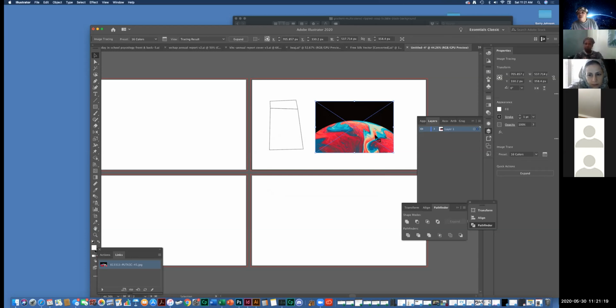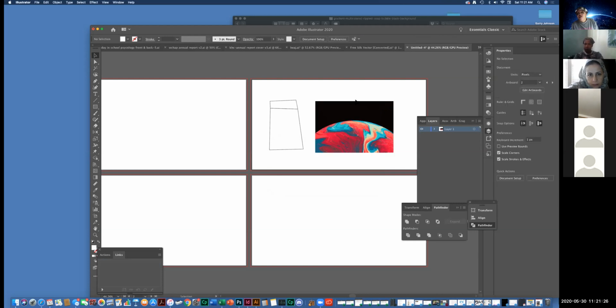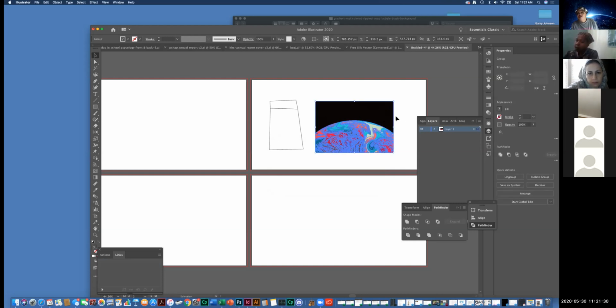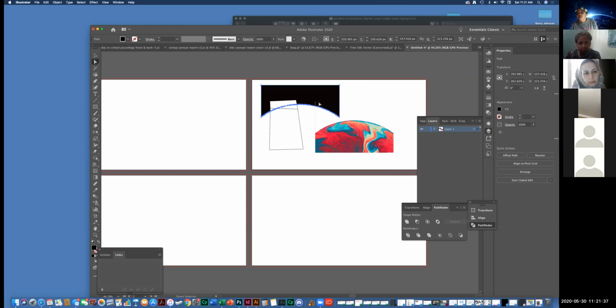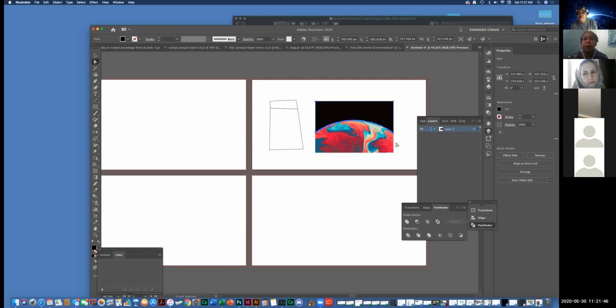Now, once you do this, you can then go to expand. And now it's an Adobe Illustrator compatible file where I can go into my direct selection tool, and then I can start getting rid of stuff. Okay. So now this is an editable document with all of the